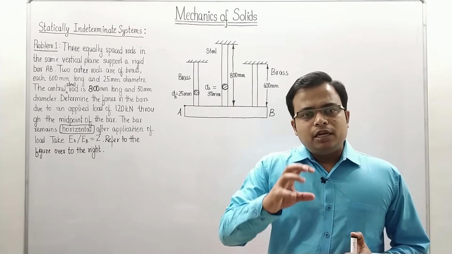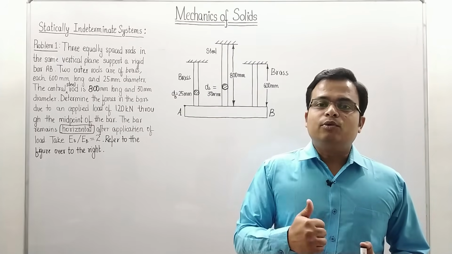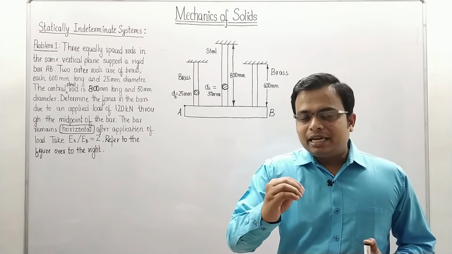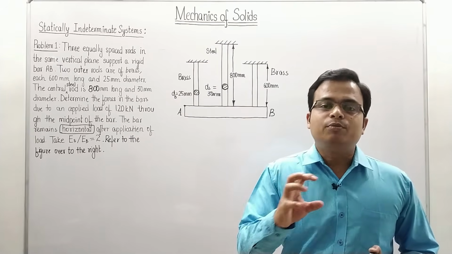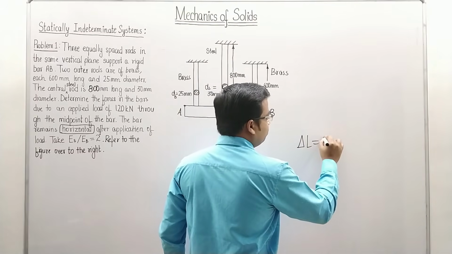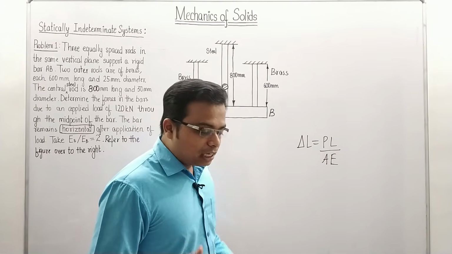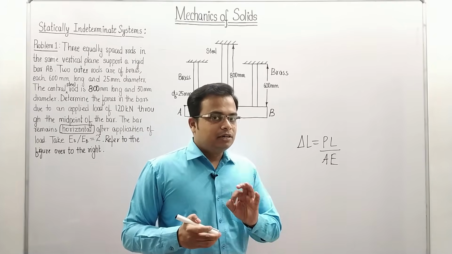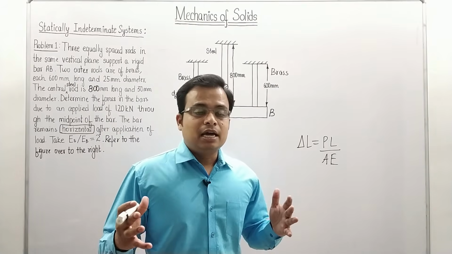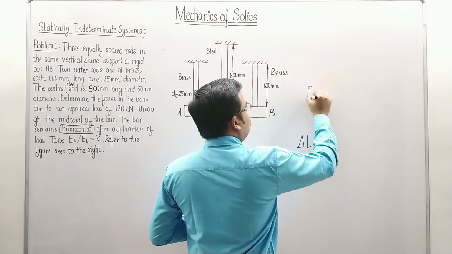In such a case, equations of static alone are not enough to get you the value of unknown forces along, say, copper, along, say, steel, right? In that case, the deformation of those bars also has to be taken into account using formulas such as delta L is equal to PL over AE. So basically, as far as statically indeterminate systems are concerned, the arrangement comprises 2 or more members having different materials, say aluminum, copper, steel. In that case, using equations of statics alone